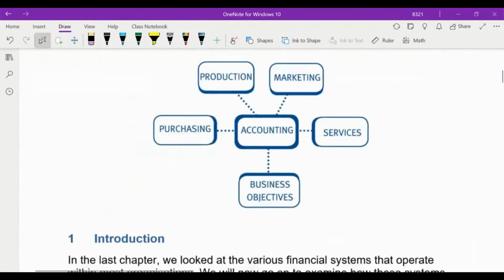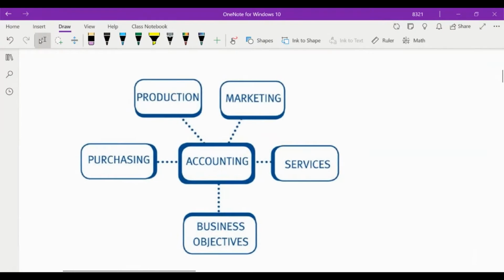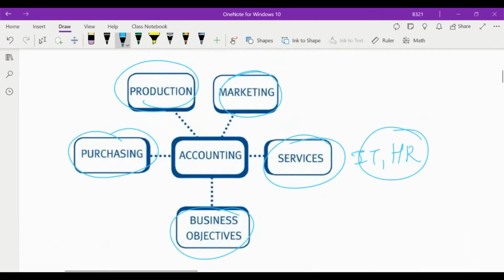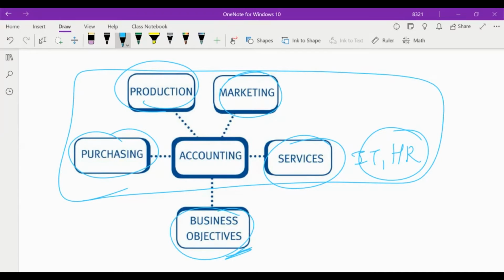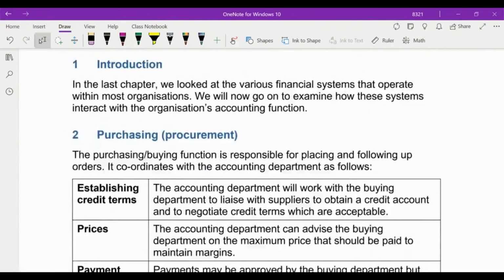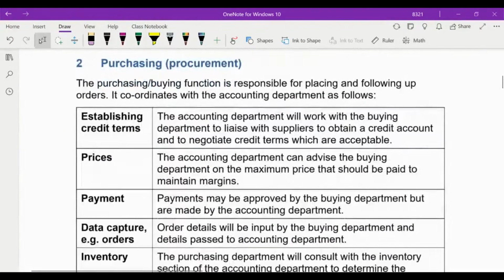So yes, here is a kind of diagrammatic presentation of different functions: production, marketing, purchasing, services, support services like IT, HR, etc. And business core objectives. So business core objectives are the reason why all these functions are created. But you see, accounting is at the crossroads. That means accounting is the one which will connect all these, or in a way which will involve in all other functions. So now you are aware about different functions. Let's start with